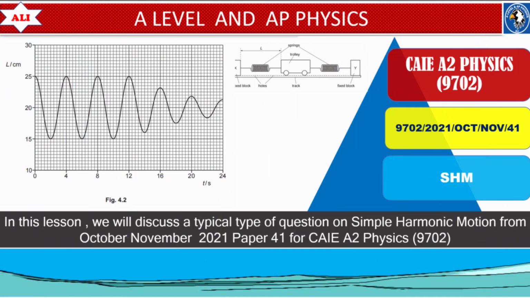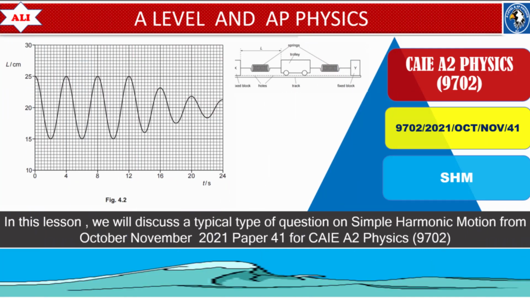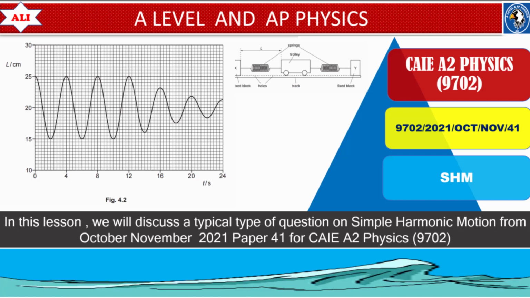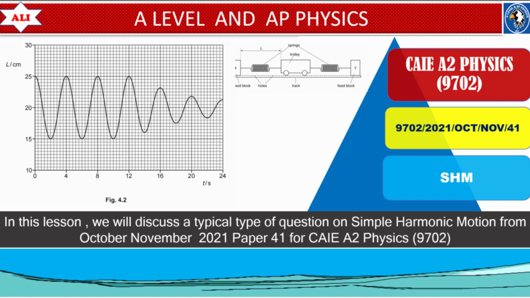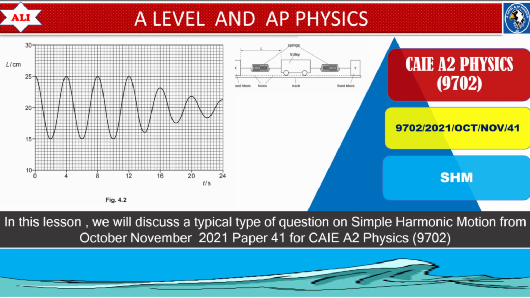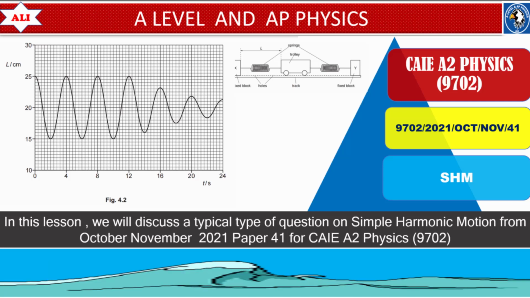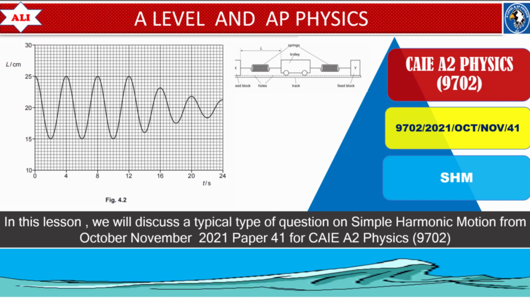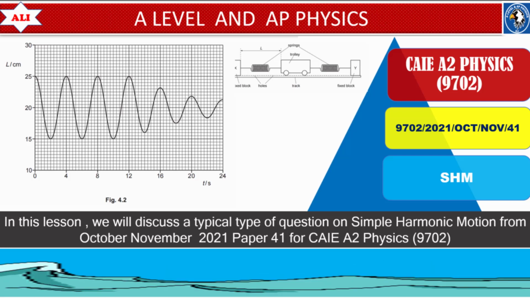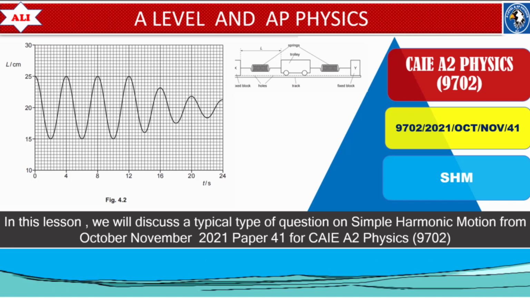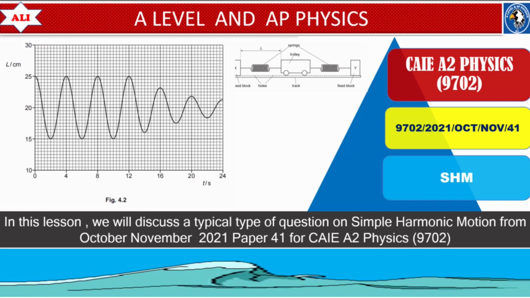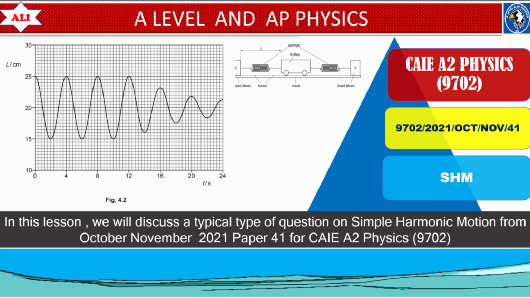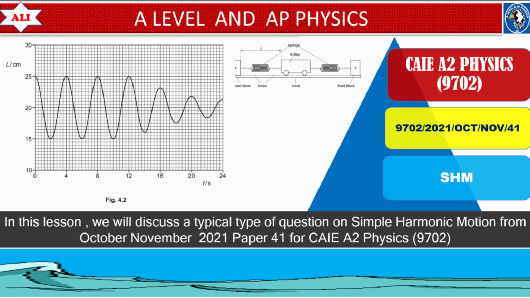In today's lesson, we will discuss a typical type of question on simple harmonic motion from October-November 2021, paper 4, variant 1. In this lesson, we will discuss how to calculate angular frequency of oscillations and how to calculate maximum speed of an oscillating body. We will also discuss how to deduce information about an oscillating body when a displacement against time graph is given to us. At the end of this lesson, we will discuss how to sketch a velocity against displacement graph